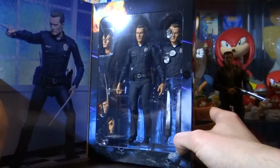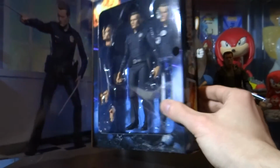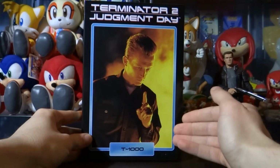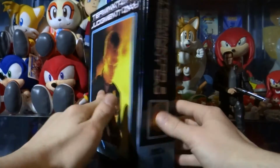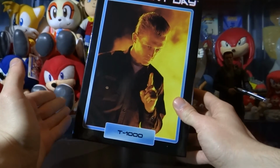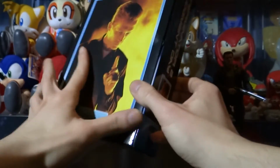But before we open the box and look at the figure, let me show you the box, because the box itself is really cool. You can see you've got this really cool illustration of Robert Patrick here on the front of the box from the steel mill part at the end of the film. It's in a pretty big box as well for a figure. It looks really nice, and really authentic film looking, if you know what I mean. You've got the big title here,